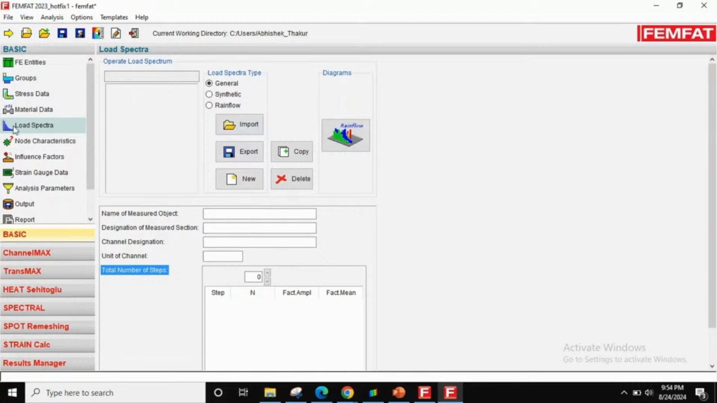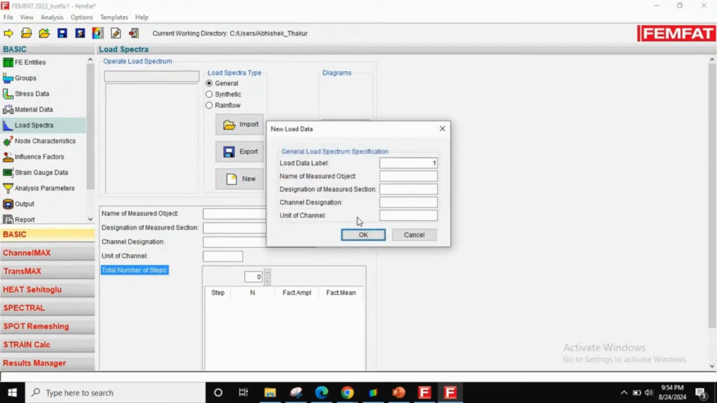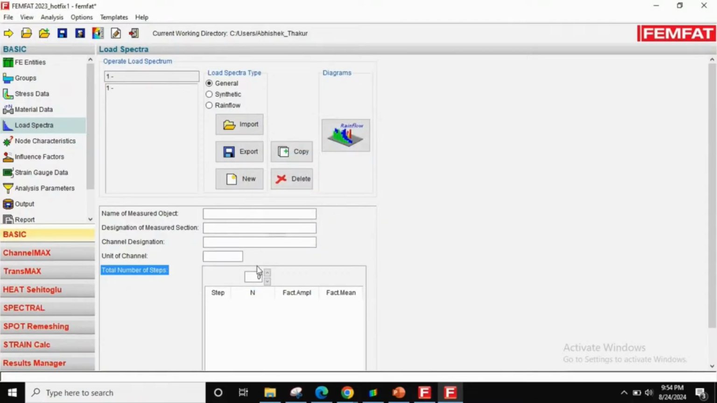Then you will go to load spectra, and in load spectra just click on new here, just press OK, and for the number of steps, if there are 3 steps in the fatigue cycle, then you can create 3. If there are 4 types of different cycles in your fatigue,